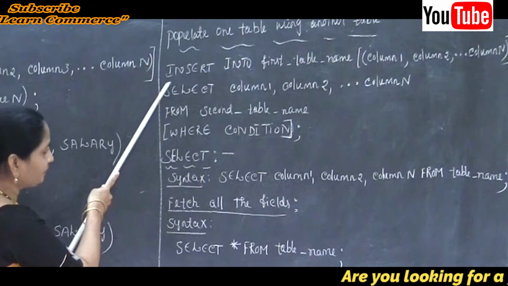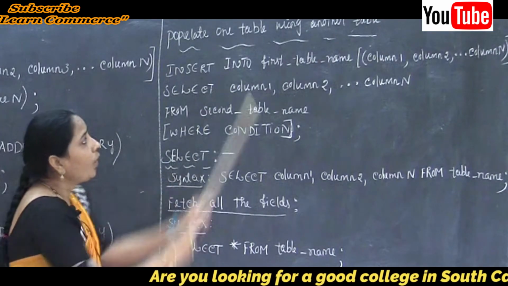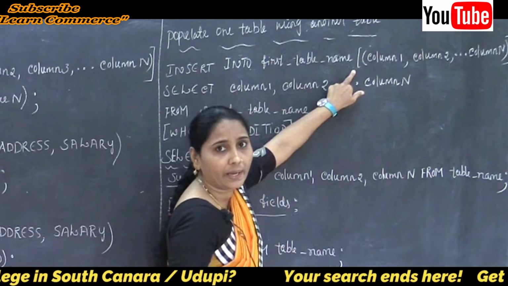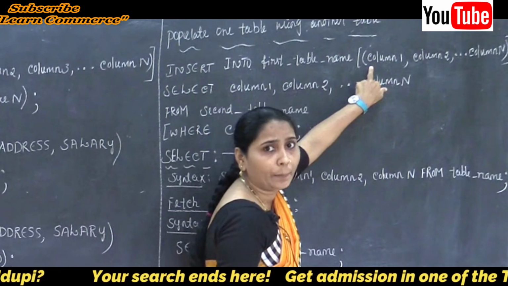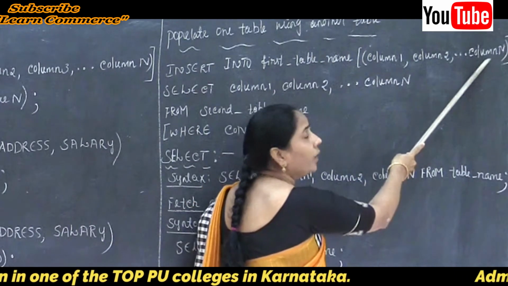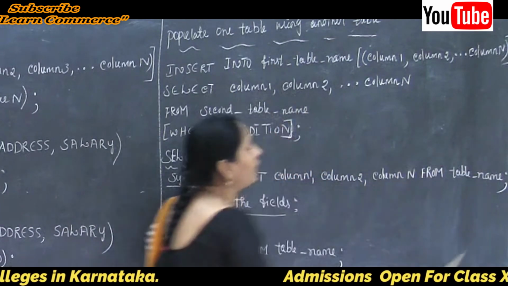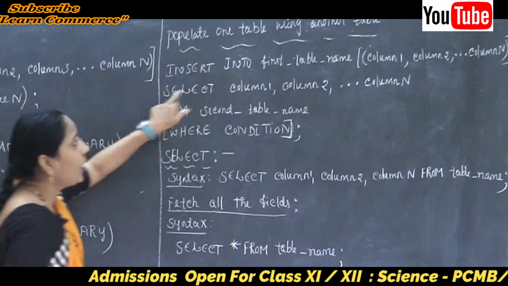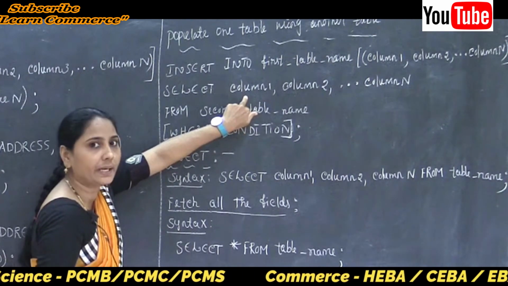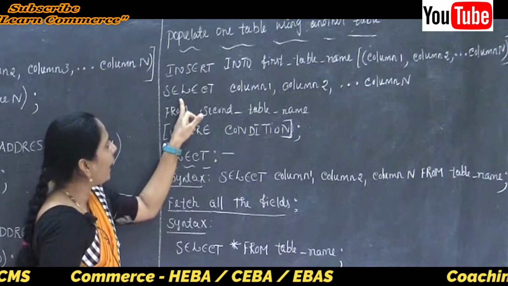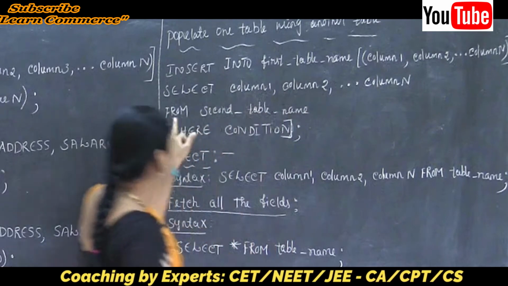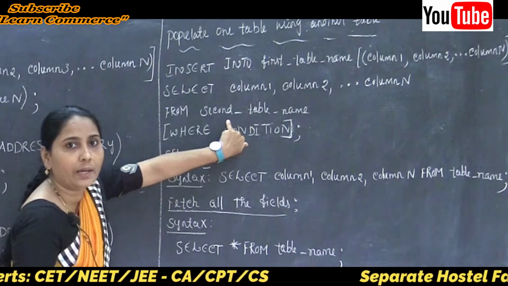So the syntax: insert into first_table_name, opening square bracket, then open the parenthesis, column1, column2, columnN, closing the parenthesis, closing the square bracket, then select. I want to select, I already said, why? Because some data is going to be added from the second table to the first table. So I am selecting column1, column2, columnN from second_table_name, and